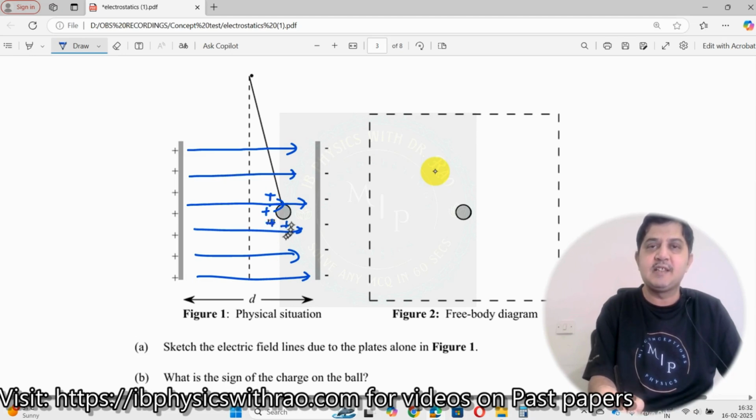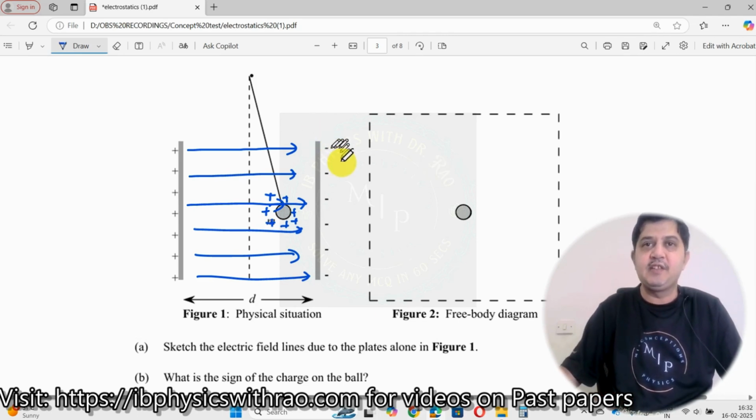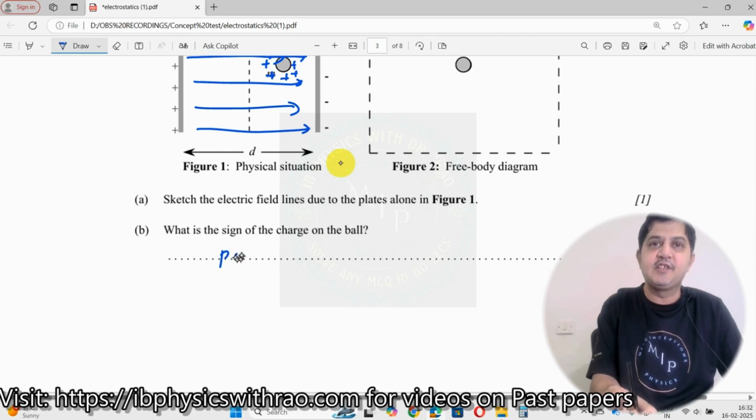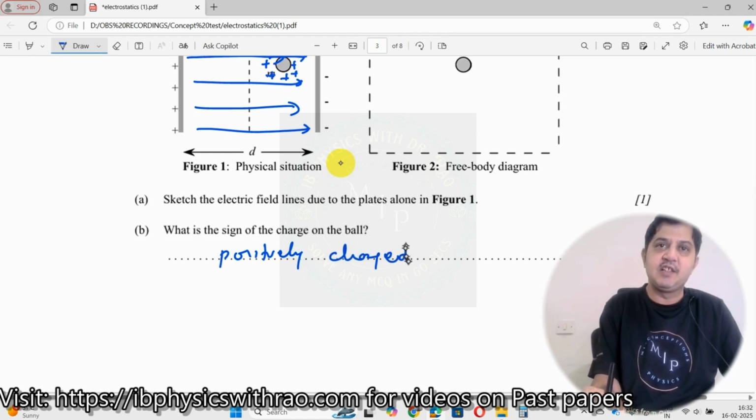It should be positive charge. Okay, and hence it has been moving like this. And if this side is positive, once again you see this is negatively charged, it will attract over here. So definitely this is the right answer. Okay, we have seen this one here. We can say this is positively charged. Okay, next.